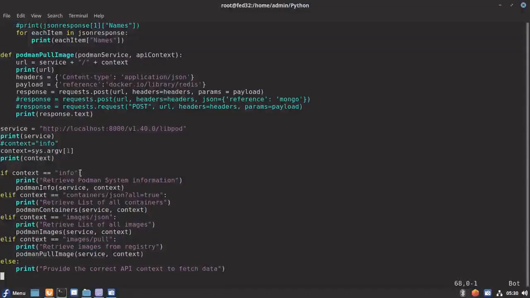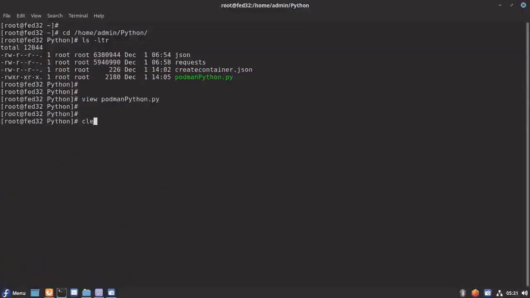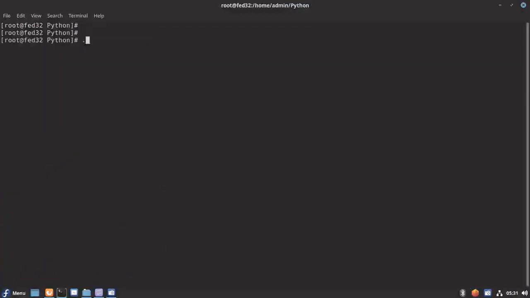Let's say we have passed the argument as info. It's going to trigger the podman info definition or function, and it will pass the service URL and the context to it. Let me show you how it works, so we'll have an idea. I run the Podman Python script and pass the resource that we want to fetch the information for, the context.